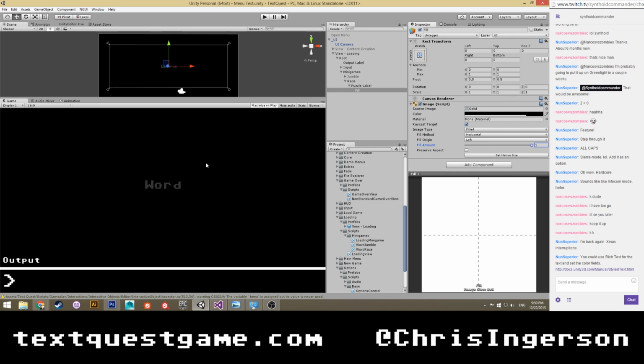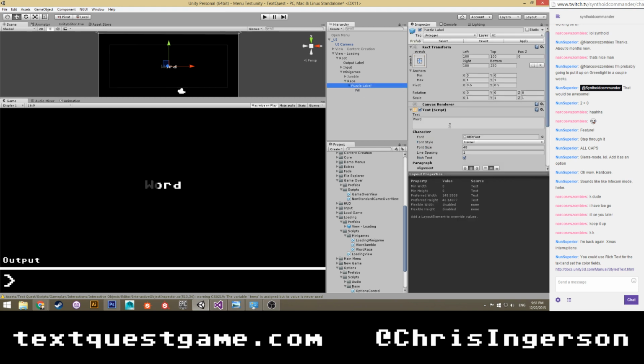Use rich text for the text and set color fields. Yes, but the problem with that is if I was going to do it with rich text, I can't half fill a letter. So the reason I'm doing a fill image is because, let's say we'll go halfway over the O. So you can see that I have filled the O part of the way, but not all the way.